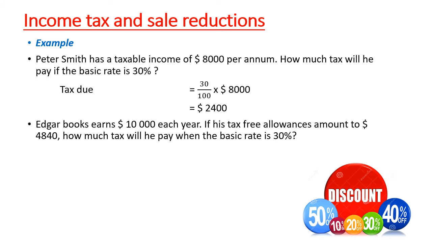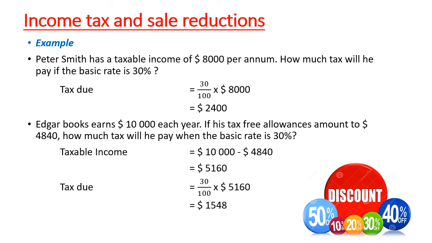Now check this one also. Edgar Brooks earns $10,000 each year. If his tax-free allowances amount to $4,840, how much tax will he pay when the basic rate is 30%? Check these answers. First of all, you have to find taxable income. How can we find it? Here $10,000 is there, 10,000 minus 4,840 tax-free allowances. We have these two. The answer